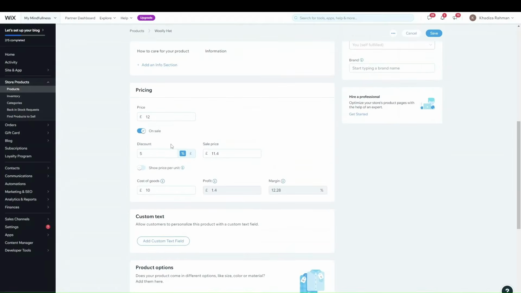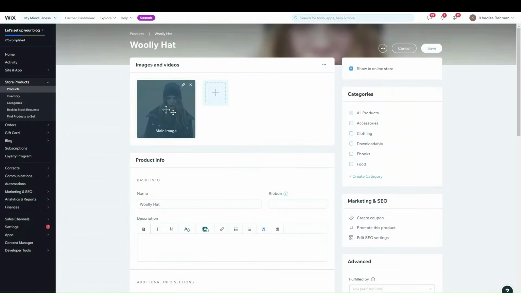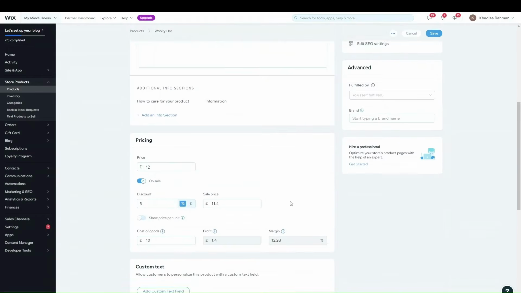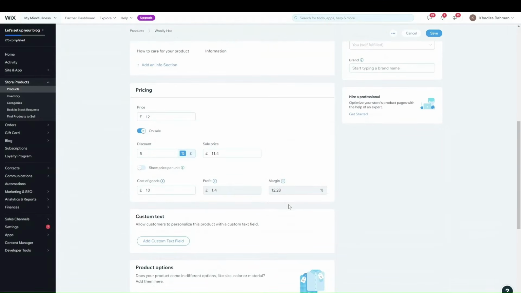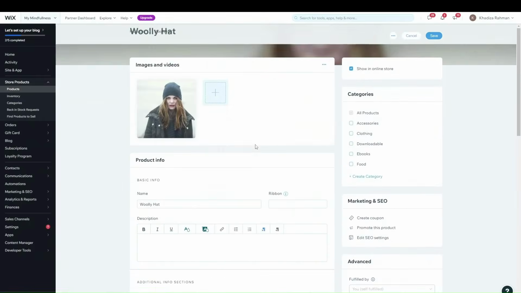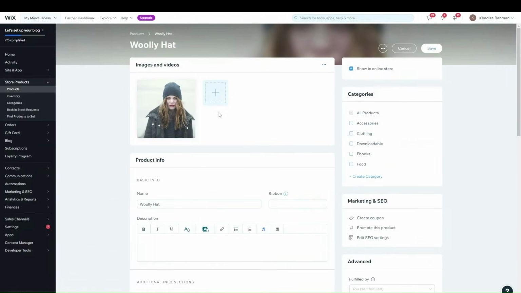The other thing with the pricing then is sometimes you can sell a product but it has different size options or different color options, or different basically attributes that people can select, and maybe those attributes have different pricing. So Wix allows you to make different options for a single product, and then allows you to price them and stock them individually. So for example, say this hat, if it comes in maybe 2 different colors, in black